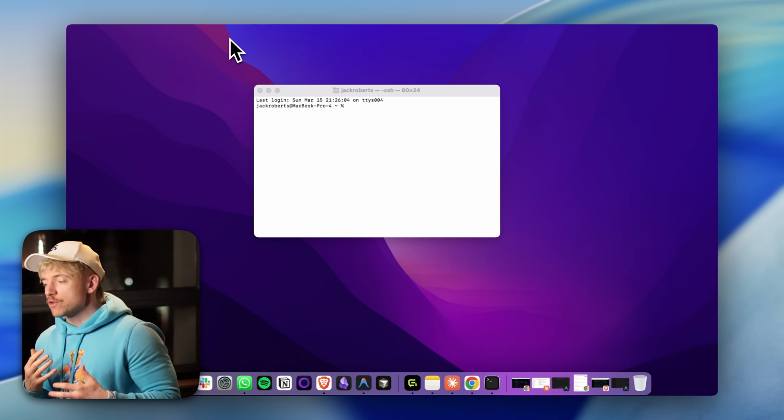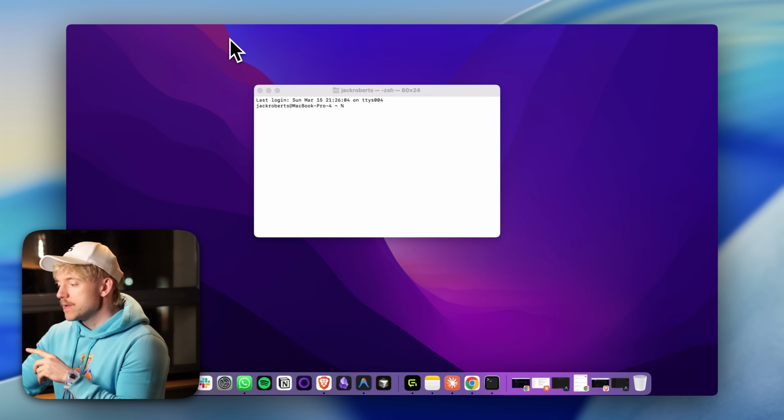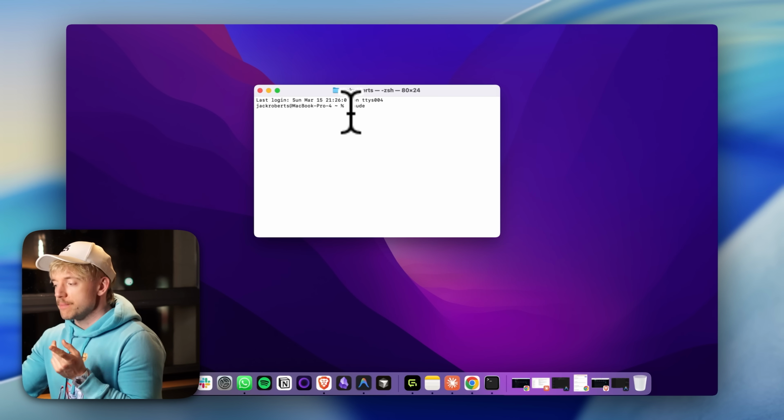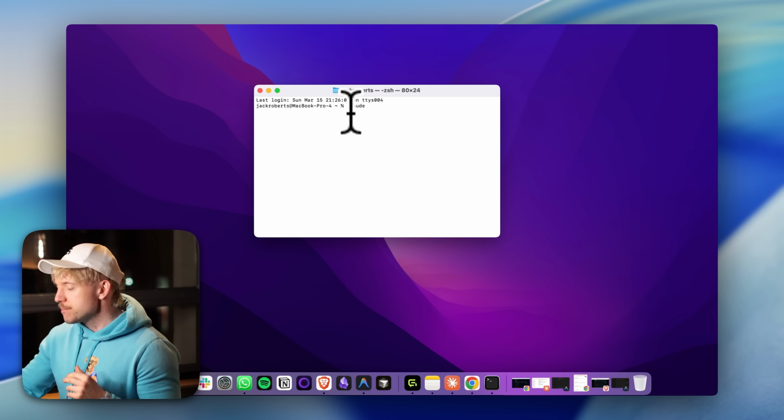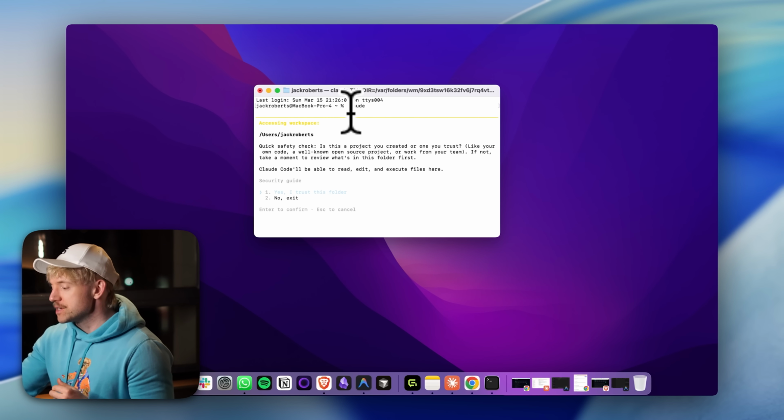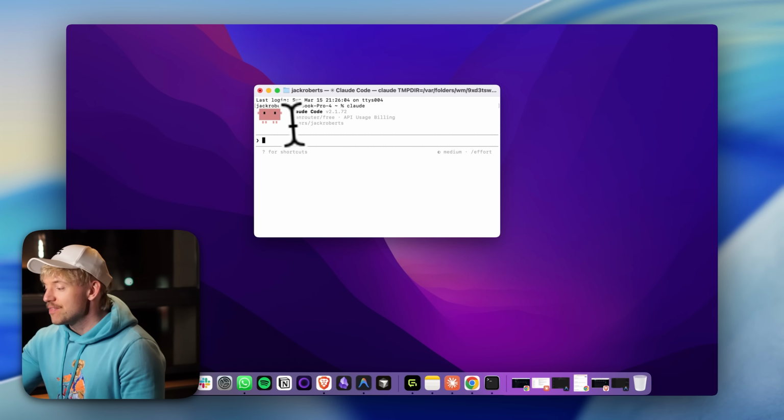So if I open up a new terminal, a little hack for you, by the way, if you press up, this will cycle through what your last command was. Every time you hit a command, it will save it, which just saves you a lot of time. If I type in /Claude, for example, I say yes, you'll see now that I'm on